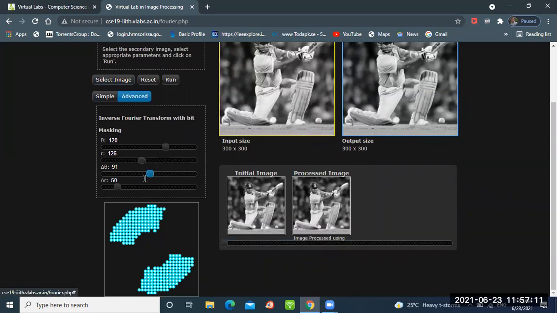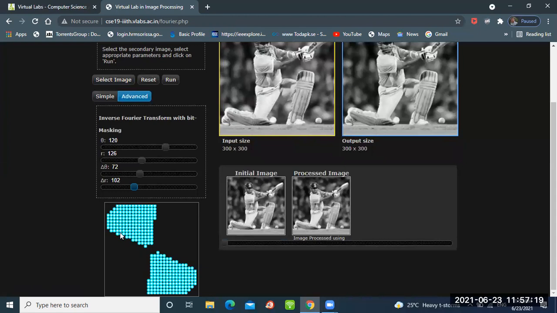I will take it at 70 and I will increase the amount: 80, 90, 100. Now you can see that these grids have already changed. While reconstructing the images, I have changed some phase angle and amplitude. Now if I run this one,